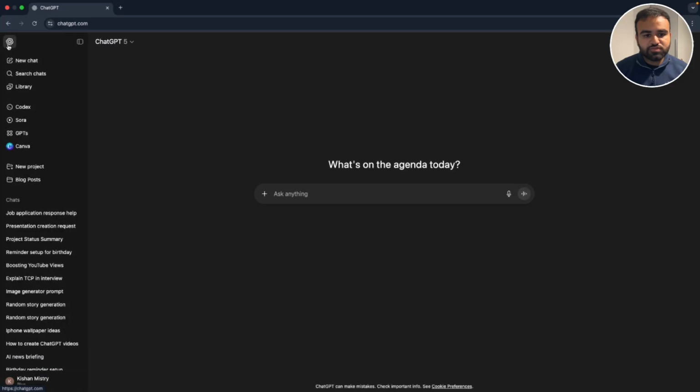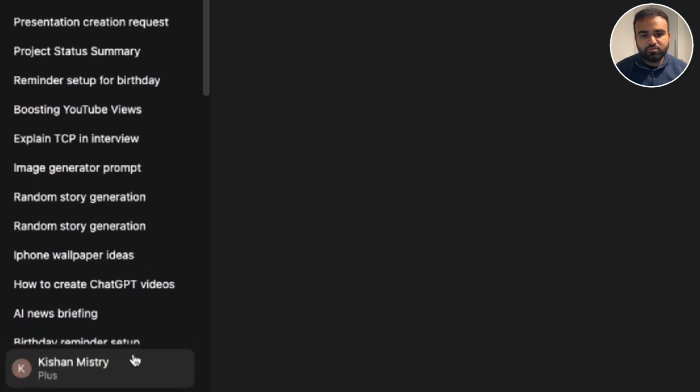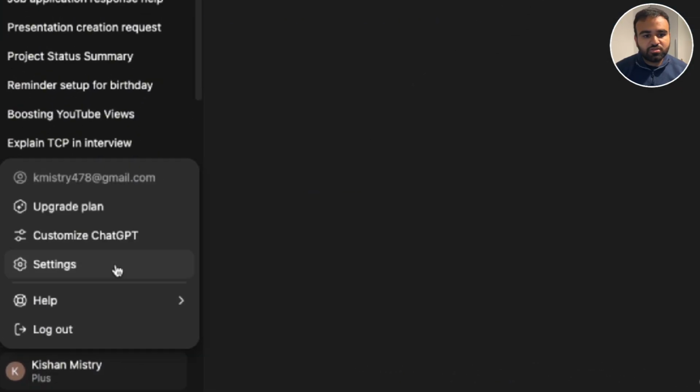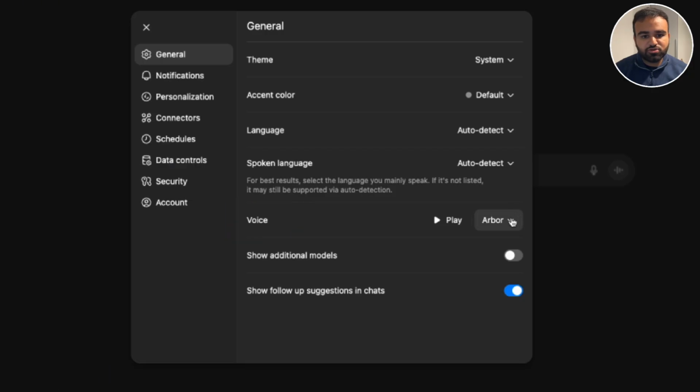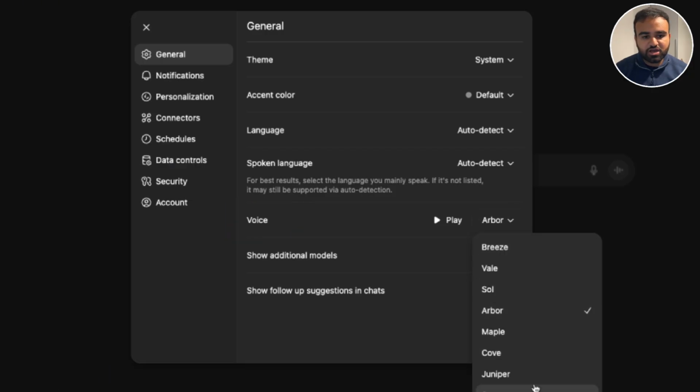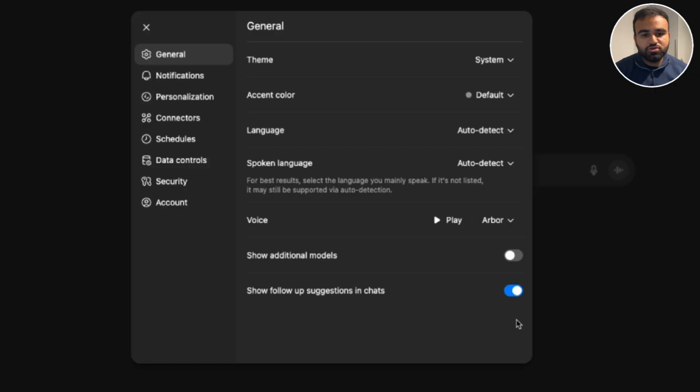The first thing you need to do is go to your profile in the bottom left, then select settings, then next to voice. If you click the drop down, you can choose from all these different voices that are available. Once you have selected one, you can click the play button to the left of the drop down, preview the